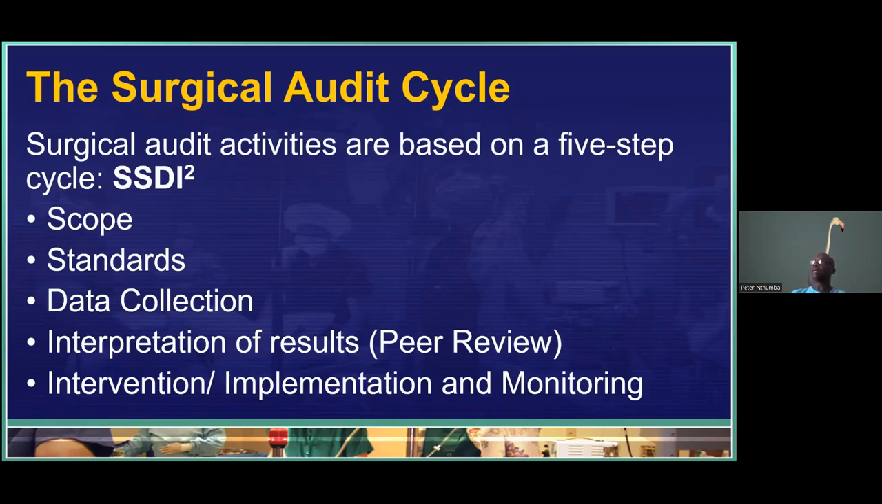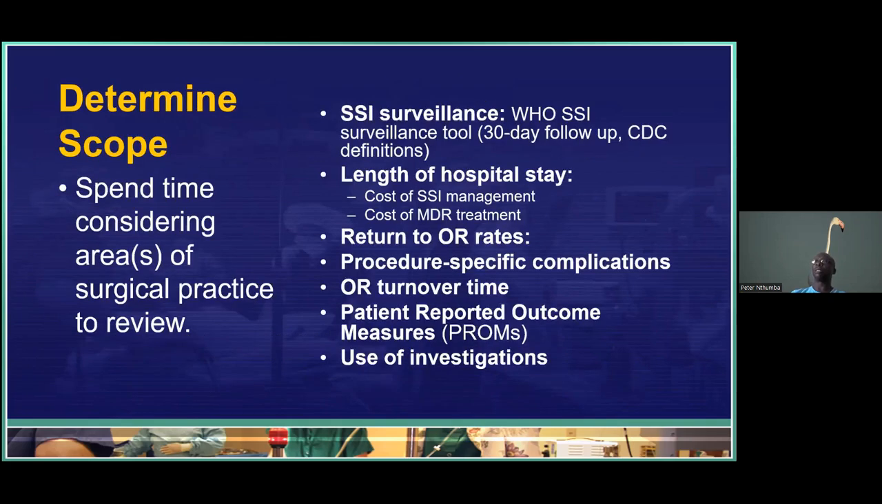The surgical audit cycle is based on a five-step cycle, which is scope, standards, data collection, interpretation of results, intervention, implementation, and monitoring. Remember, interpretation of results is an important part of the peer review process. We need to determine the scope of our audit. Spend time considering areas of surgical practice for review, because it is impossible to do an audit of everything that we do in terms of